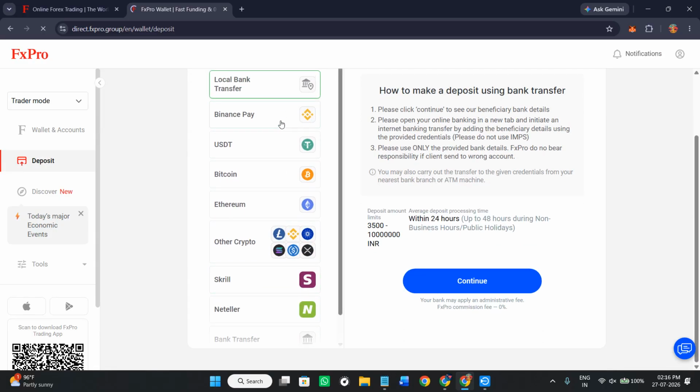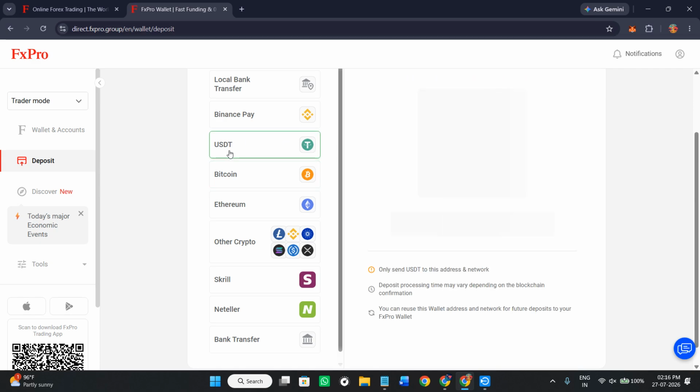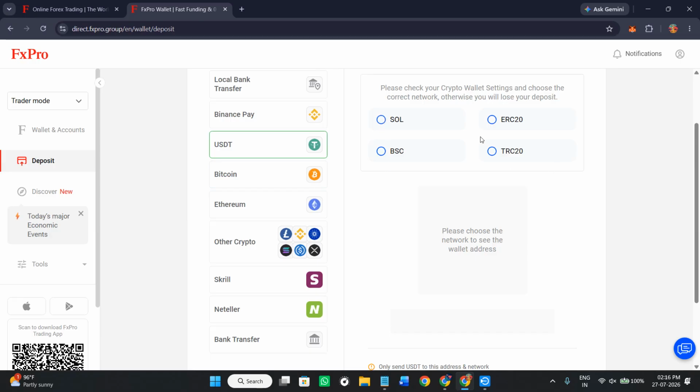So you can choose any of these options. For example, let's say you have selected the option of Bitcoin. After selecting it, it is going to show you the QR code as well as the wallet address, which you can use in order to deposit Bitcoin. Similarly, you can select the option of USDT, then select the option of network. Then again, it is going to show you the QR code and the deposit address, which you can use in